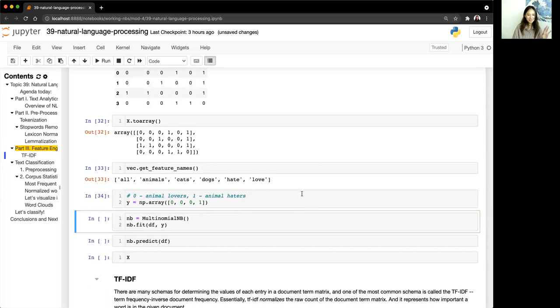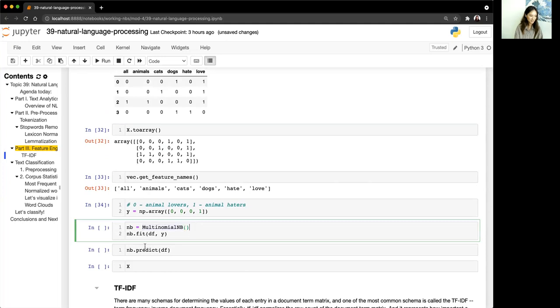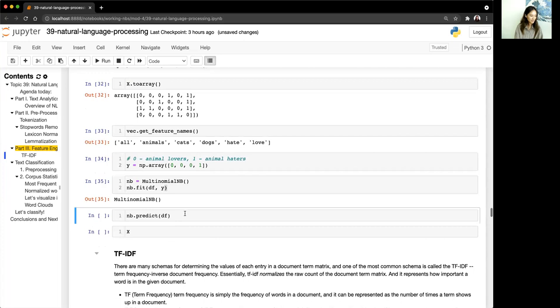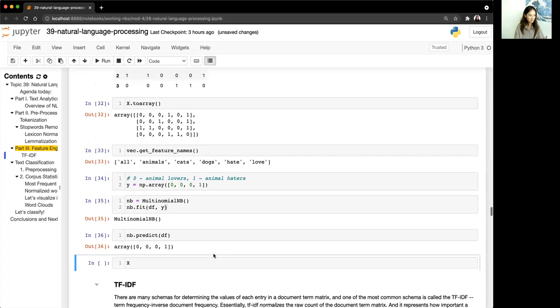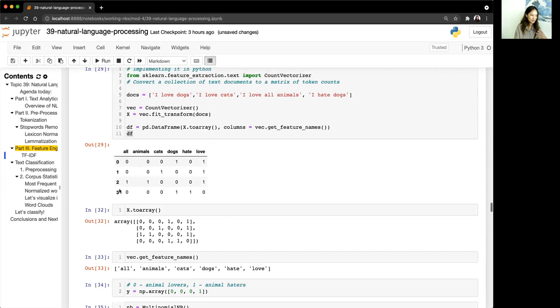We're not going to do a train test split right now. We'll do that process later on, but just to show you all, if I take the data frame that I have over here as my X values, I can fit my naive Bayes model on my data frame and my Y. That works, and I can make my predictions. As expected, because there are only 4 data points here, my predictions will be not animal lover, animal lover, not animal lover. So that's how we could quickly, immediately use our data out of the CountVectorizer.